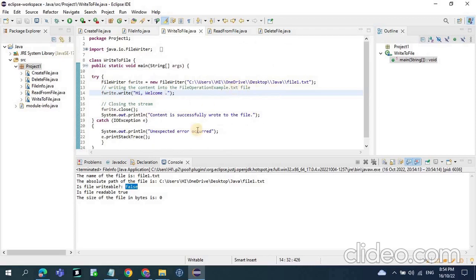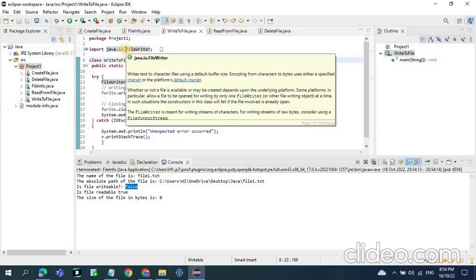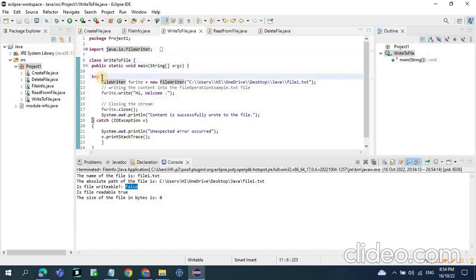Now the third one is writing the data to a file. Again, we need the file writer package. To create a new file, and for create and delete, we use the file package. But for writing the file, we need the file writer package. So instead of file, it should be file writer. And then again, we need the try catch block, and it's best practice to work with the file. So file writer is a class name, and this is the object f write, and we are passing the full